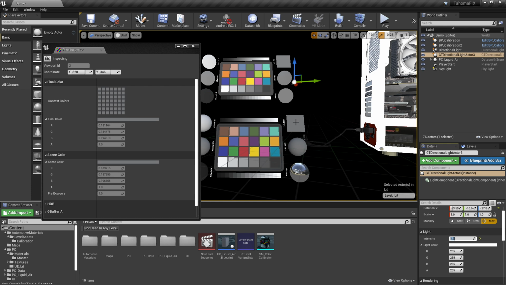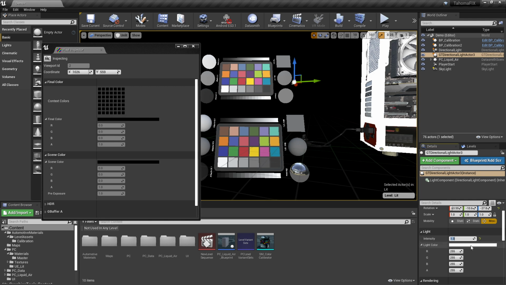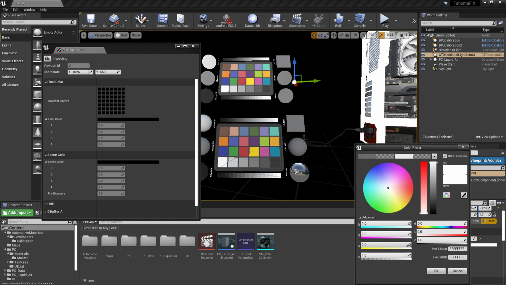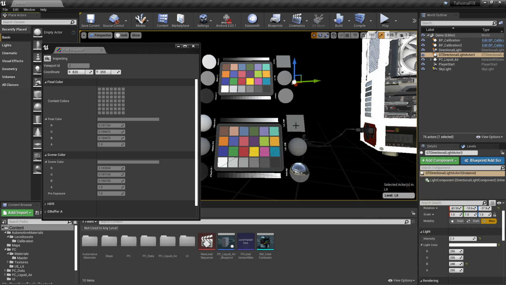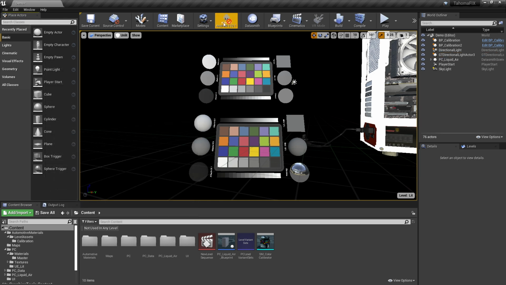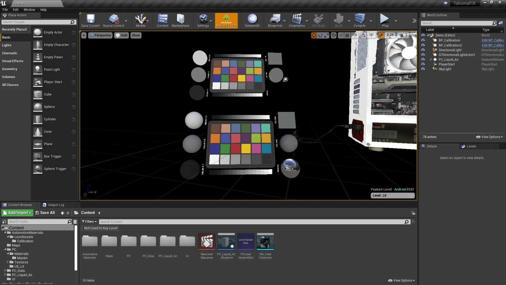So you can also use this to really kind of fine tune where that white point is. So I'm just going to go back to that directional light and warm it up a little bit by pulling out a little bit of blue. And now if we go back and take another reading on this guy, we're really getting close to having that mid value kind of nailed, which is exactly what we want. So now we can jump back into the desktop mode and switch this back over to lit.